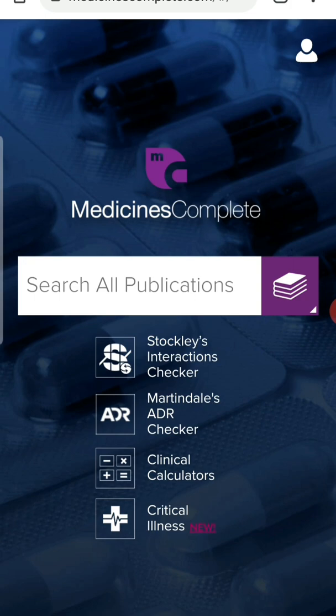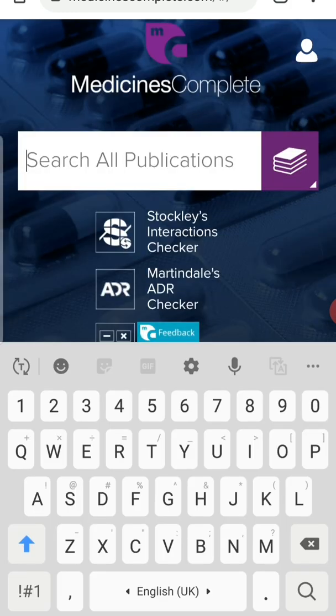So out of most of the research projects for B Pharm and M Pharm students, and also some of the post-PhD students, we can observe that most of them are made up of herbal projects. So either testing the efficacy of a herbal extract or an isolated compound or so and so. So if you want to check the information on herbal compounds also, that is also possible in this medicines complete.